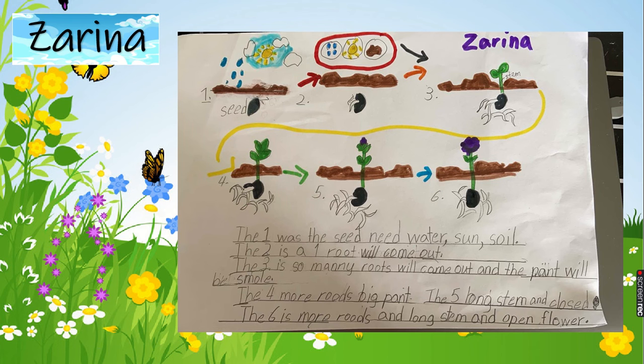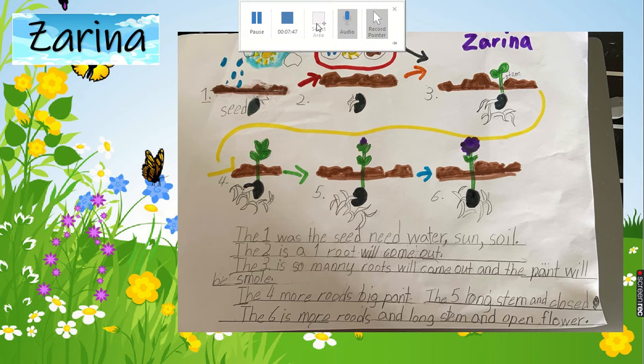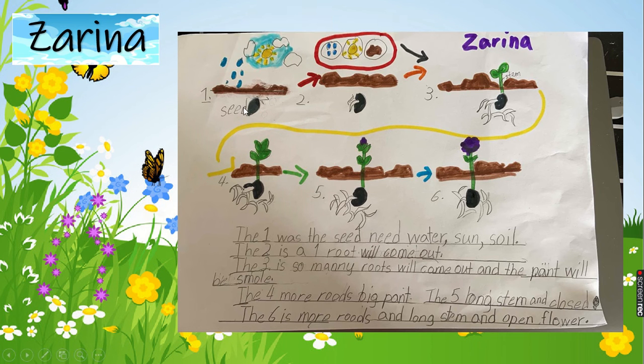For Serena, this is her beautiful and clear work. It says here, can you see the seed? The seed is sleeping. Guess what the seed is doing? And then it needs water and sunlight and soil. And the seeds start having tiny roots. And we still keep giving them soil, light, and water. And then comes out a sprout. The sprout has a stem, and the roots keep getting longer. It turns into a young plant, into a mature plant with more roots, and starts having flowers until the flowers